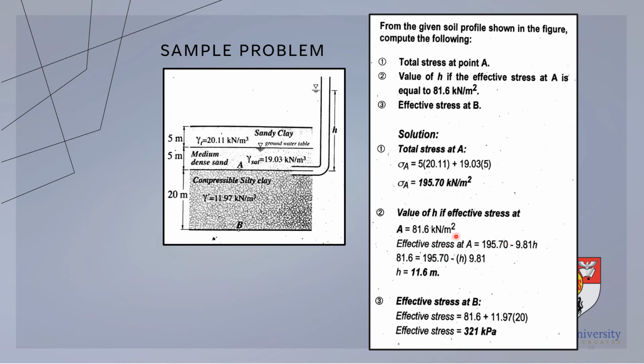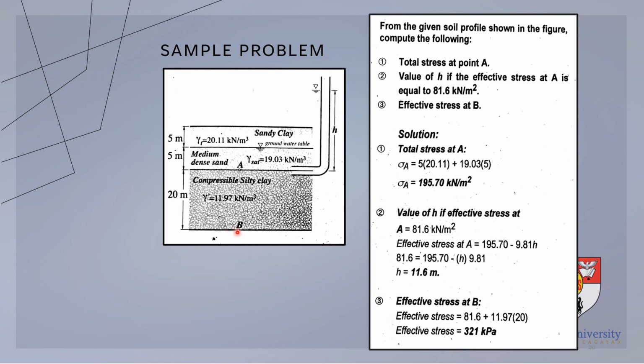So ang given diri is ang effective stress at A. So effective stress at A is equal to the total stress, which is 195.70, which we have previously solved, minus the pore water pressure, which is equal to 9.81, that is gamma water, times H, no? So kanidere, H ang ipangita. So you just have to equate this equation with the given value for our effective stress, and then we'll come up with the value of our H. So bisan pag ina ning itsura, H ra gyapon na siya for the computation of our pore water pressure. And then the effective stress at B,